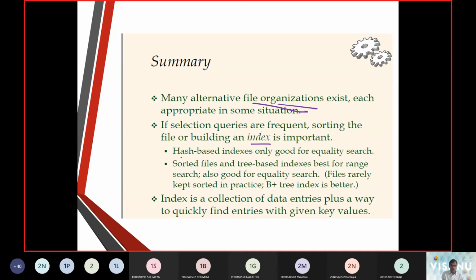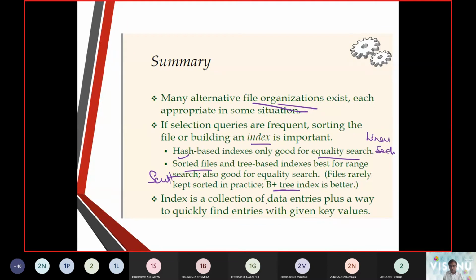File organization, we had enough glimpses of hash, and it is good for equality search, which is going to apply the linear search, because it need not bother about the order in which the records are going to be stored. And sorted files, of course, are going to be similar to a binary search. So the items need to be sorted out. So here we sort the items. So that's where they are putting in a better way of representing using the B plus tree content.